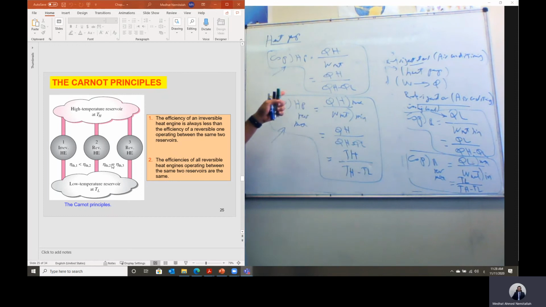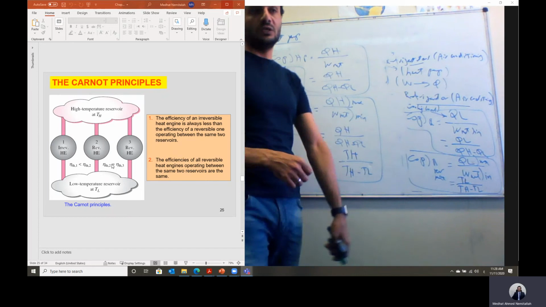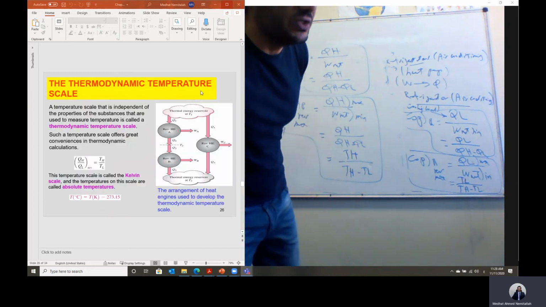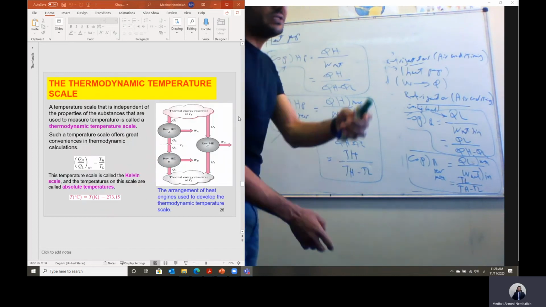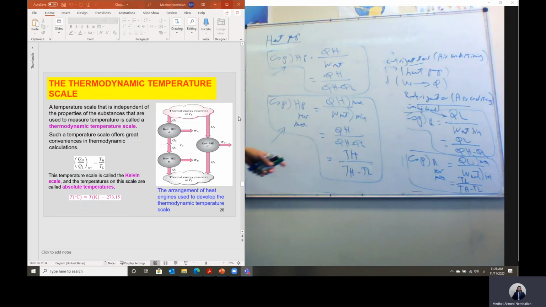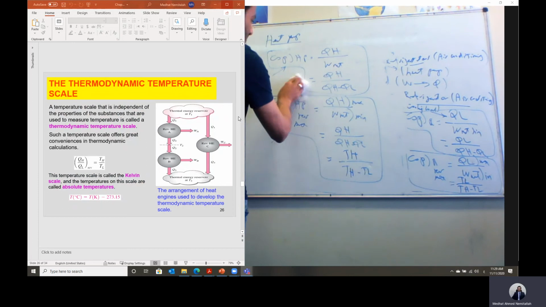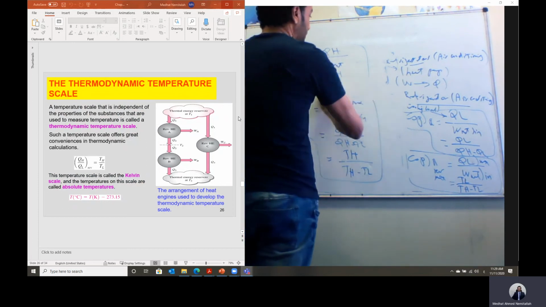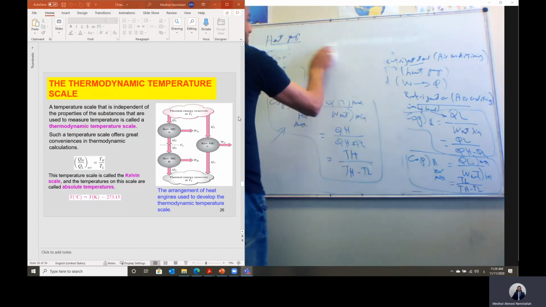But if we have two reversible systems working on a Carnot cycle for the same T high and T low, we should actually come up with the same maximum efficiency. Based on this concept, we can prove the relation that Q high over Q low is equal to T high over T low. We call this the thermodynamic temperature scale, based on which, if you remember, we said